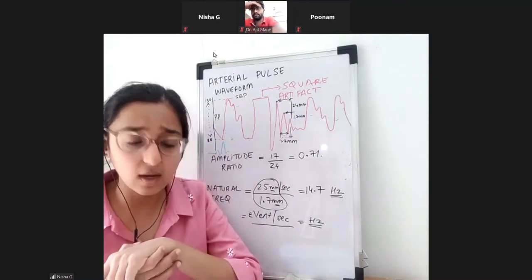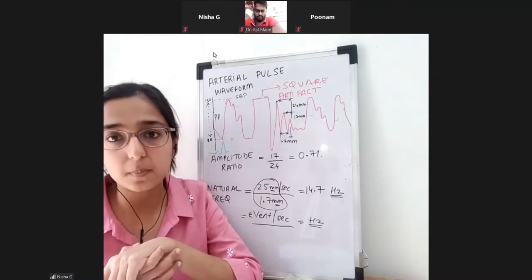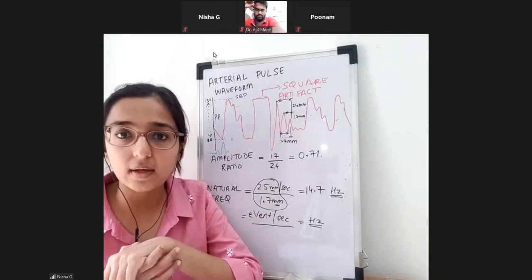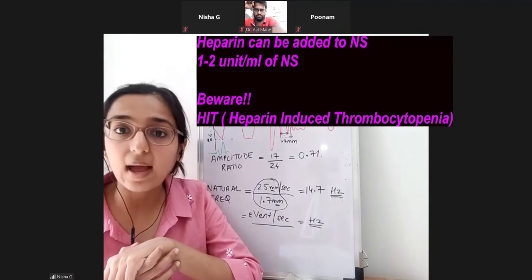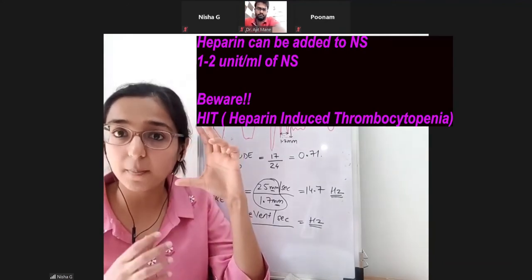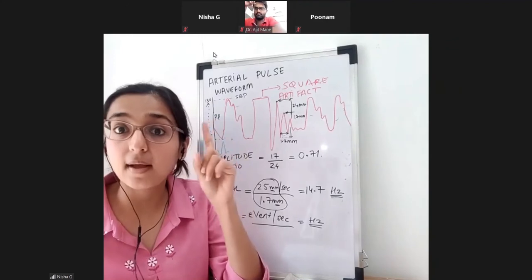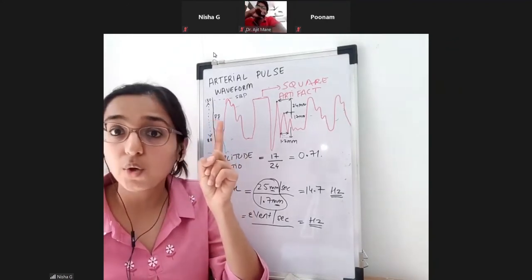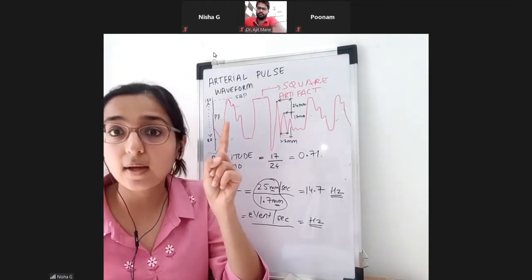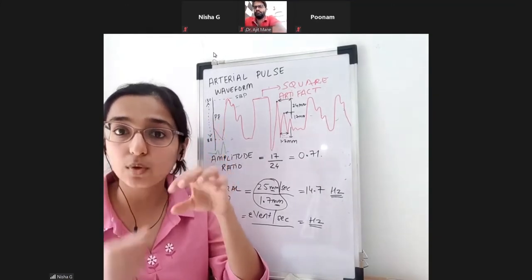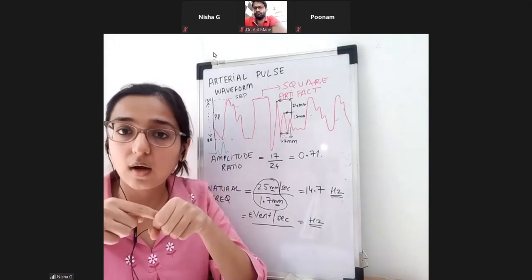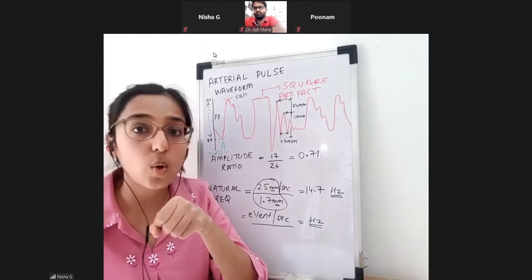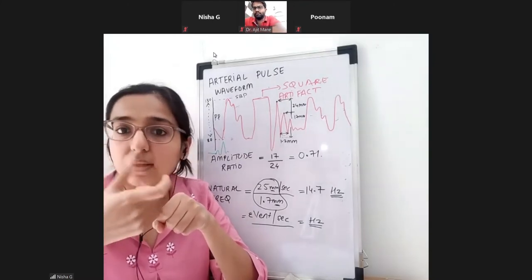Now you will tell me, I don't want any thrombus formation, I don't want any blocking of my radial artery, so ma'am, can I add heparin? Yes, you can add heparin to that NS that you are preparing. But always remember one point: you cannot puncture that NS bag. When you are adding heparin, you make that puncture for the IV set, right? From that same puncture point, you have to deposit the heparin. Don't prick the bottle, don't prick the bag.